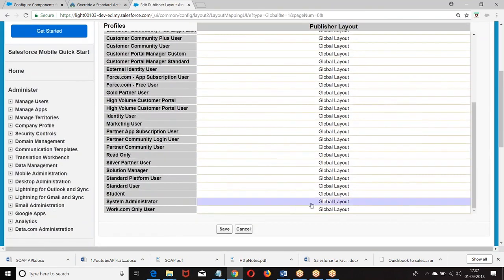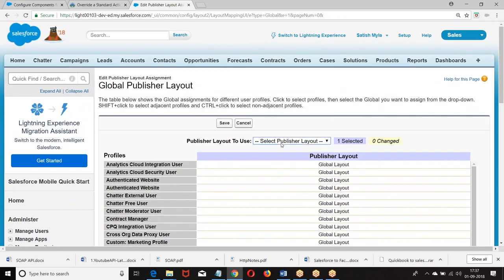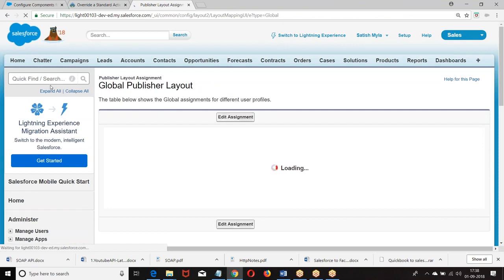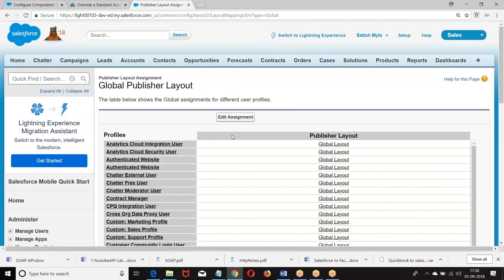Go to administrator. If you have different layouts, you can choose them. But I have only one layout, no issue with that. If you have multiple layouts, you can define them. Then you go to the page layout and add this global action to the page layout. I hope you're good. This is what? Classic. In Classic, I can create a Visual Force page and add a global action.